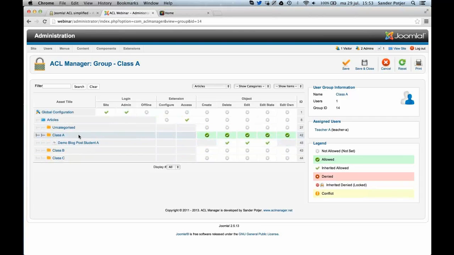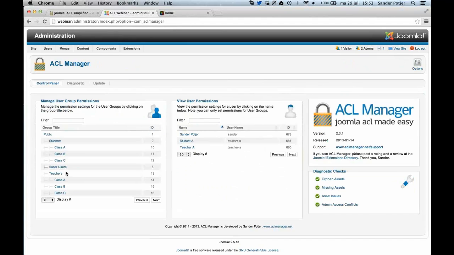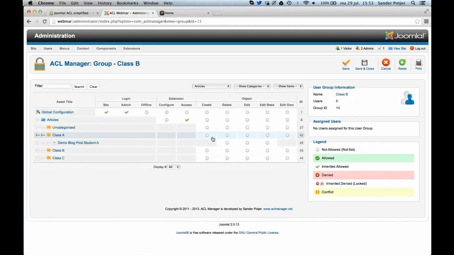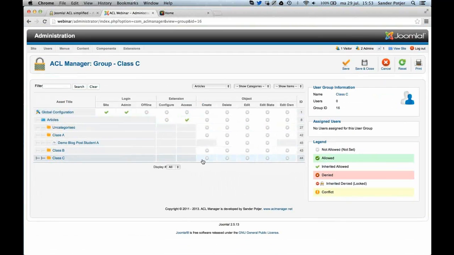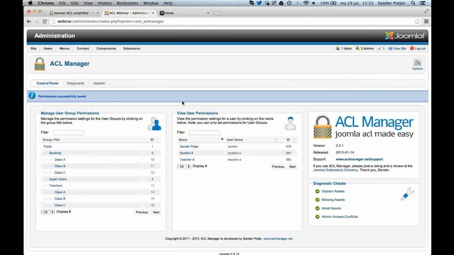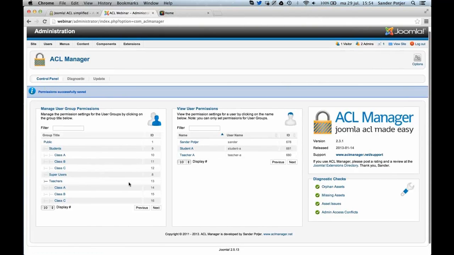So, for example, when I have this class A group, and I have a teacher of class B, and I haven't set up the permissions yet, I can set them up over here and do the same for class C. Save and close. And the nice thing is that I now have the groups with access to create, edit, delete everything